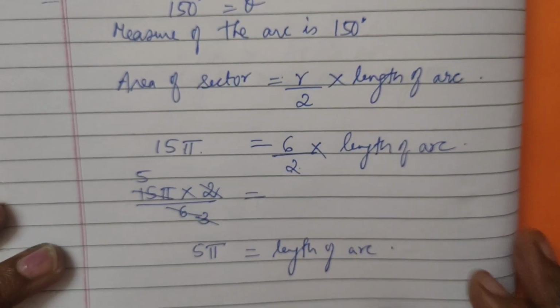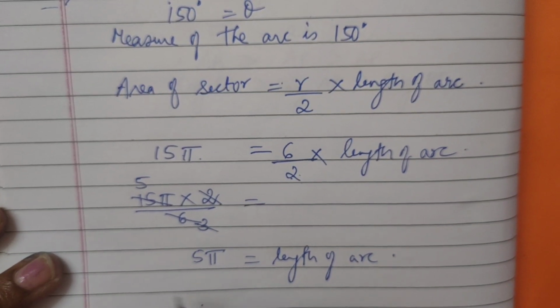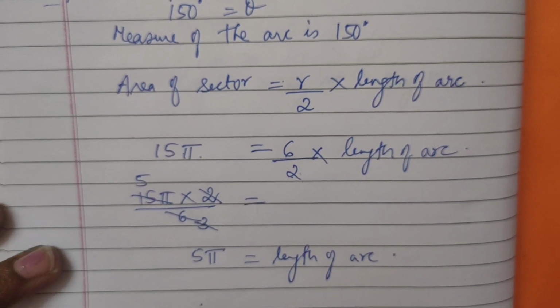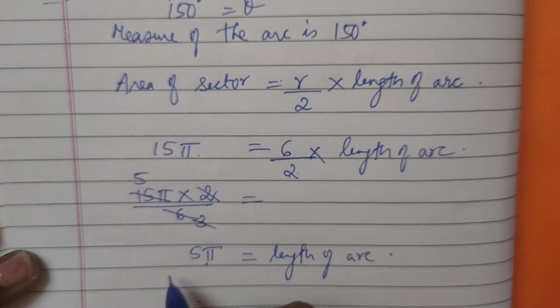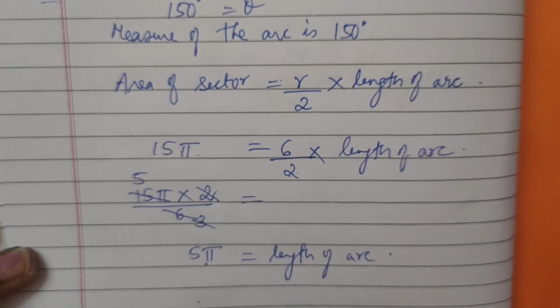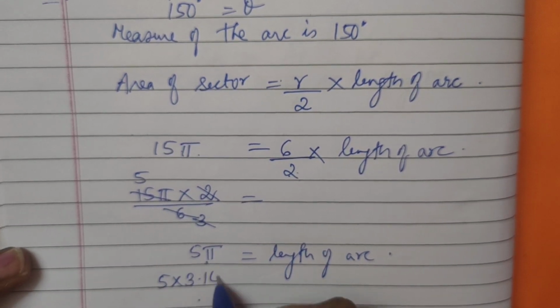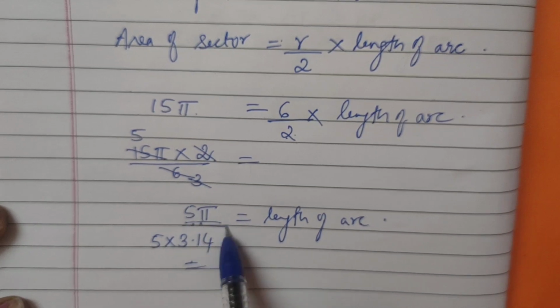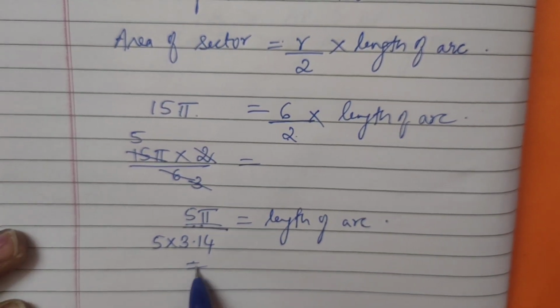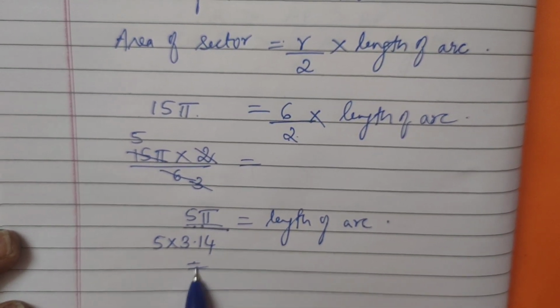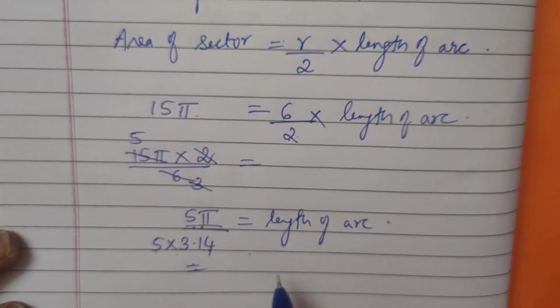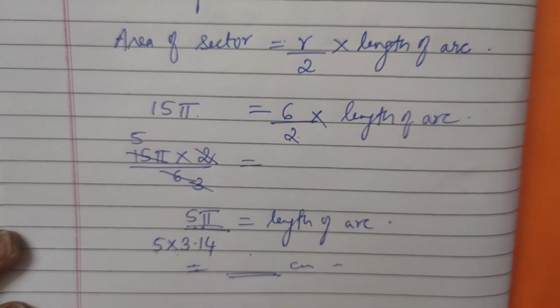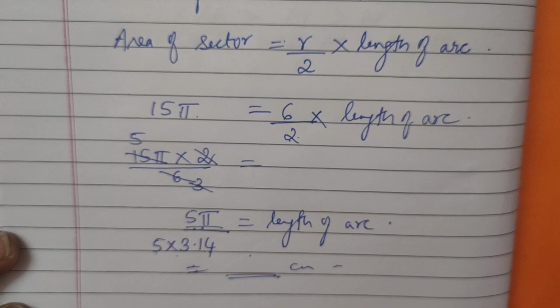See my dear, if you want, you can substitute the values here. Generally, we won't end the answers in pi. You can put 5 into 22 upon 7 or 5 into 3.14 and write it. That is better for exams also. Maybe the answer given in the textbook at the back is 5 pi. That's right. But still, I'll always tell you in the exam, please complete it by 5 into 3.14, and in centimeter, and finish off. Don't put it in pi here.